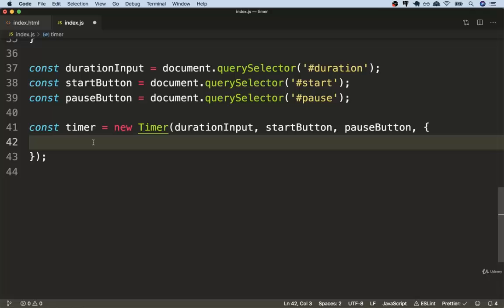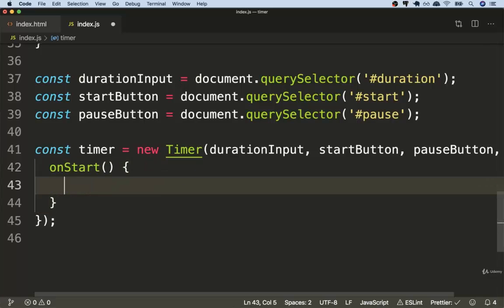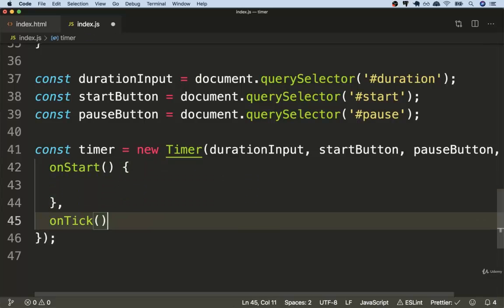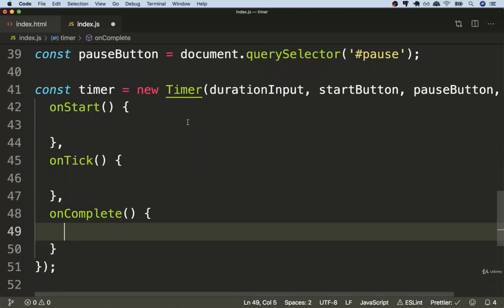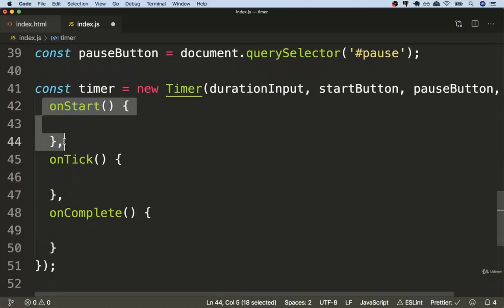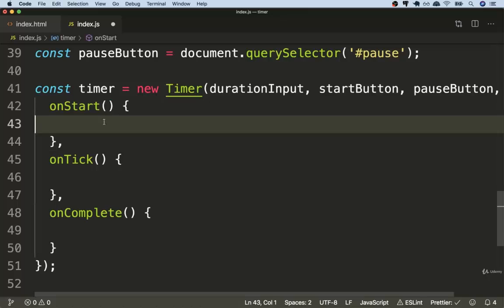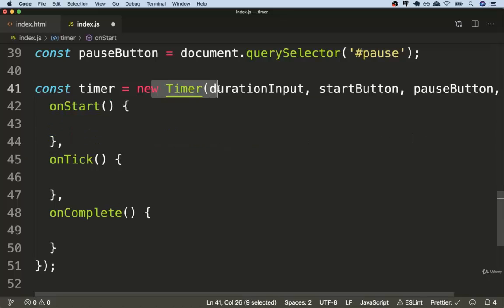So the 3 different callbacks that we're going to pass in, and again, we're going to make sure that these are all optional, are going to be onStart, onTick, and onComplete. So if we provide these callback functions, we're going to make sure that our timer calls each of them at some appropriate time. And so this is how we're going to essentially hook up our timer to the outside world